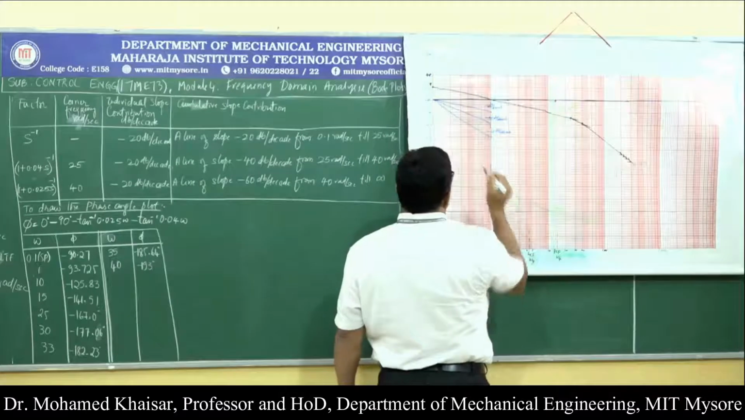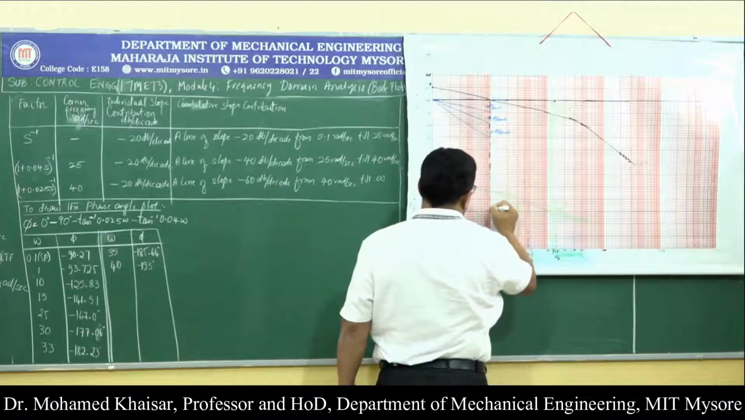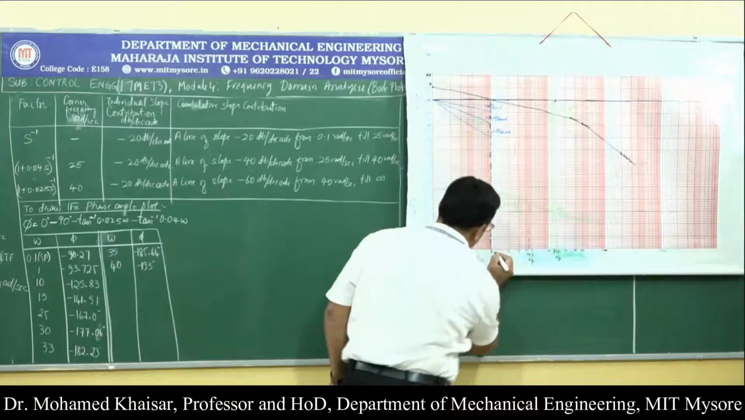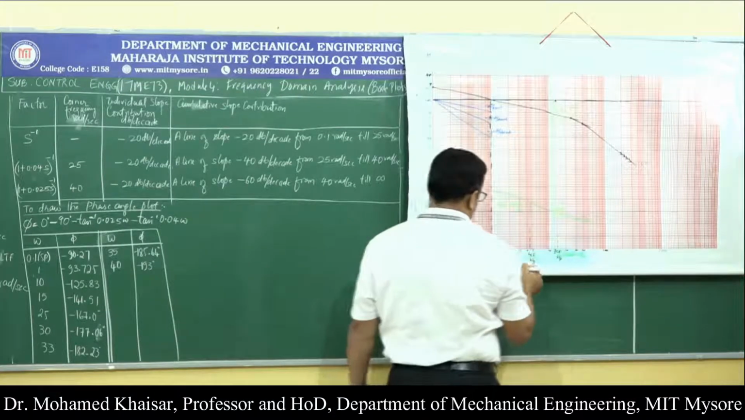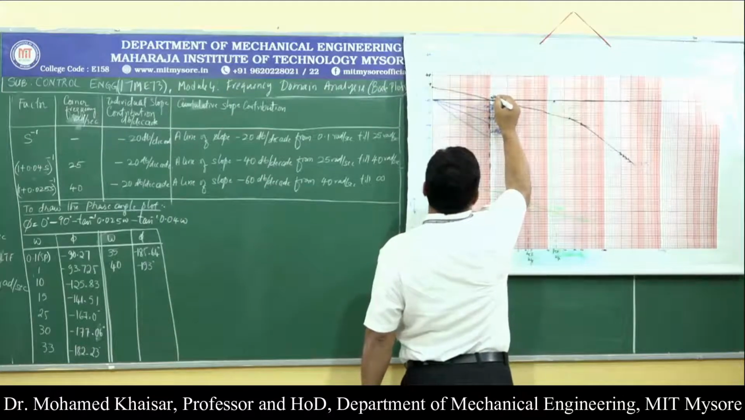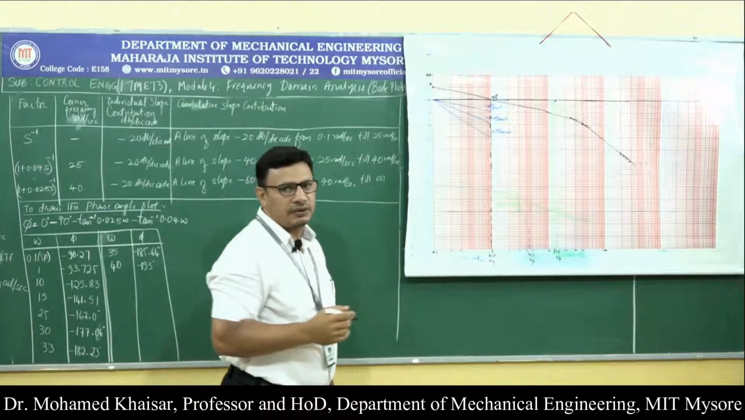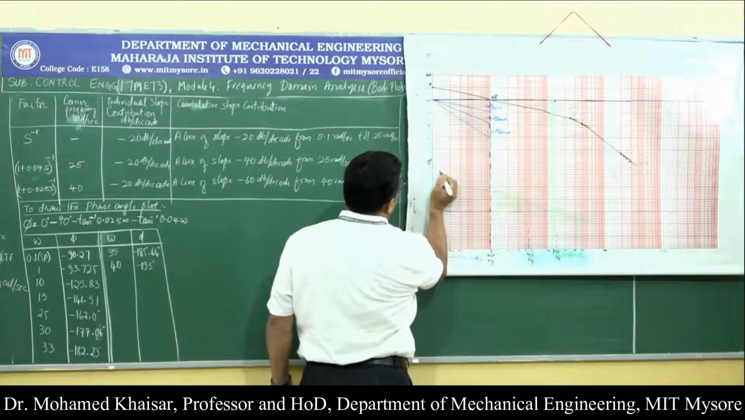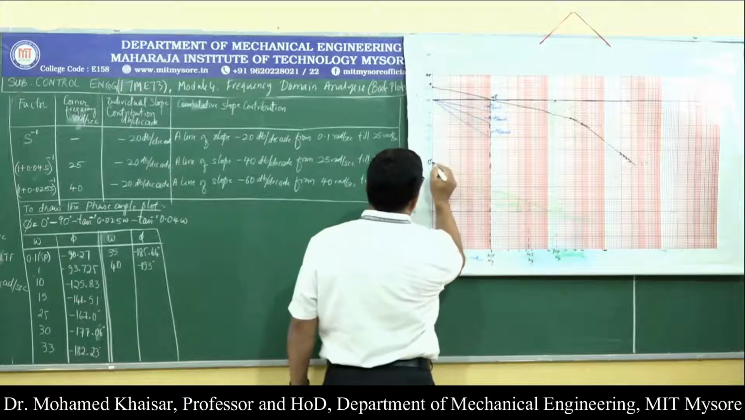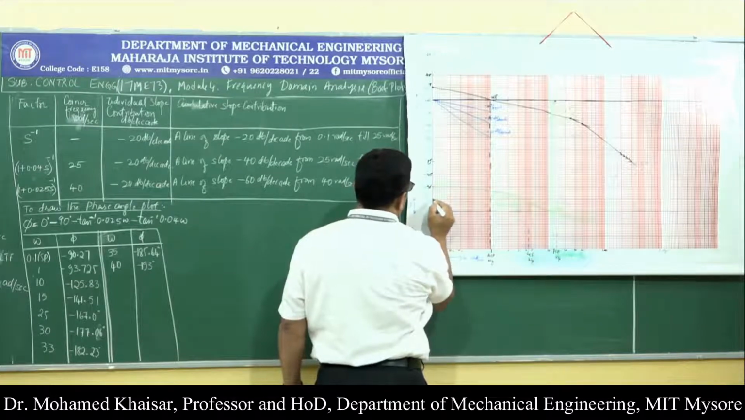Then where is it crossing the 0 decibel line? It is crossing the 0 decibel line over here, exactly at 1 radian per second. This is called omega GCF, the gain crossover point. Now in the bottom part you have to draw the phase angle versus frequency plot. Just like the previous one, we start over here: 0 degree, minus 45, minus 90, minus 135, minus 180,